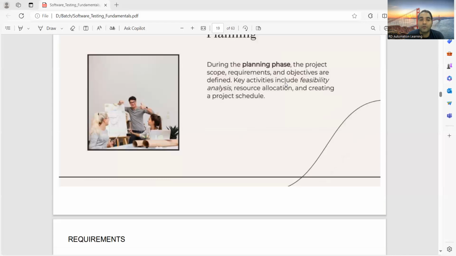Okay. So first phase is planning. So what happens during the planning phase? The project scope, the requirements, and the objectives are defined. So there would be a person. So generally,